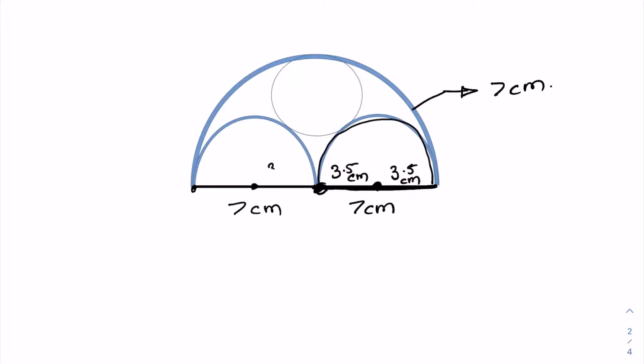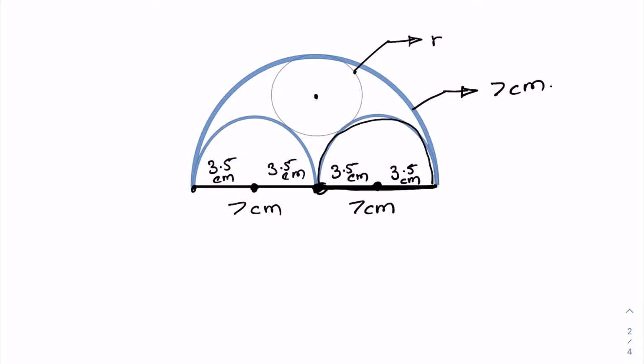On the same token, this distance, from the center of a smaller semicircle to the center of the bigger semicircle, will be 3.5 centimeter too, and so will be the case here. So far so good. Now let's assume the radius of the smaller circle which we are chasing is equal to r,